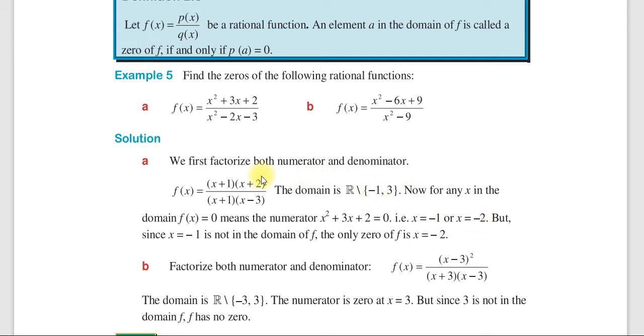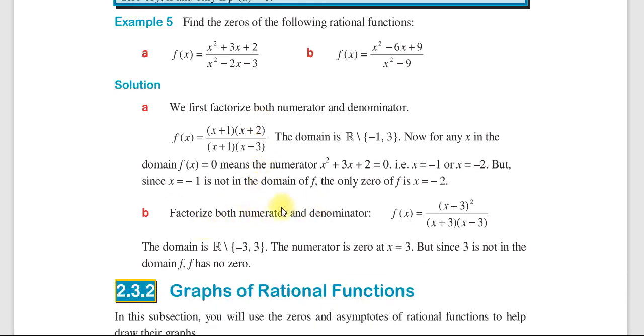ስለዚህ -2 ብቻ የዚህ ፋንክሽን 0 ይሆናል ማለት ነው። ቢ ደግሞ አሁንም ፋክተራይዝ እናደርጋለን ላሉንም ታቱንም then x minus 3 the whole square ይሆናል። ይሄ ማለት x minus 3 the whole square over x plus 3 times x minus 3። ስለዚህ ዶሜናችን ከፕላስ ኦር ማይነስ 3 ውጭ የሆነ any real number መሆን ይችላል። 0 የሚያደርግልን ደግሞ ኑሜሬተሩን 3 0 ያደርግልናል። ስለዚህ 3 0አችን ነች -3 ግን ልትሆን አትችልም ማለት ነው። So the numerator is 0 at x which is equal to 3 but 3 is not in the domain of f, so f has no zero ይለናል።